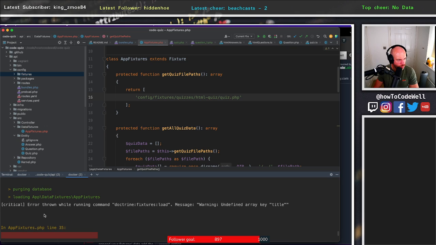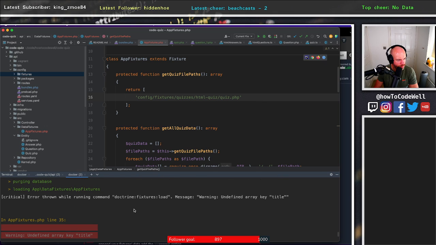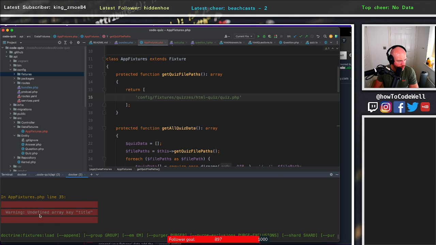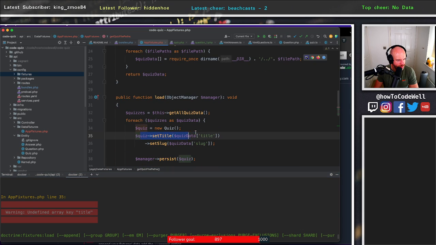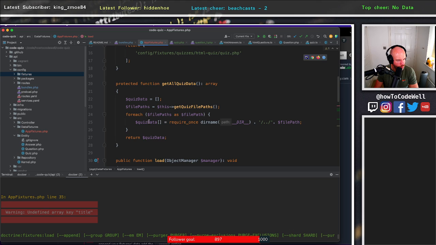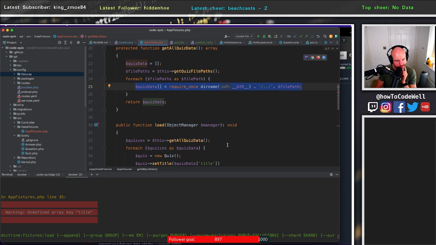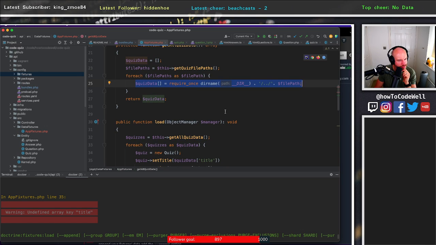Okay, here we go. So what's happened is it's loaded the fixtures. So it's loaded this, but now we've got an undefined array title. So that would have failed at this point, trying to get quiz data from here. Now, let me think. We're returning an array. So it's actually an array of an array, isn't it? Oh God. Loops all the way down. It's actually an array of an array, because this returns